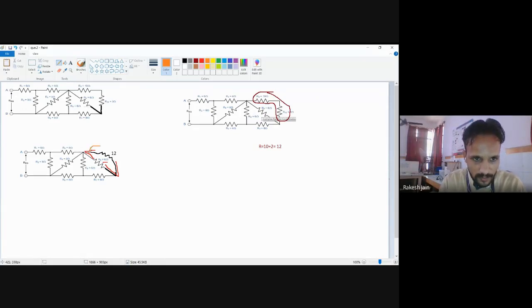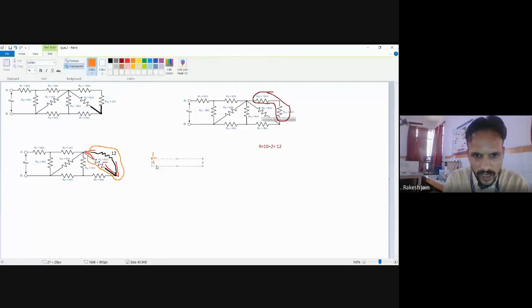So they will be removed. So this 6 ohm and 12 ohm parallel, which I am going to show you with orange color, will be solved first of all, then they will be removed and only a single resistance will become. So how to solve this parallel combination of 12 ohm and 6 ohm? We know that these two are in parallel. So we know the basic formula. So the total resistance during the time of parallel connection is 1 upon R.